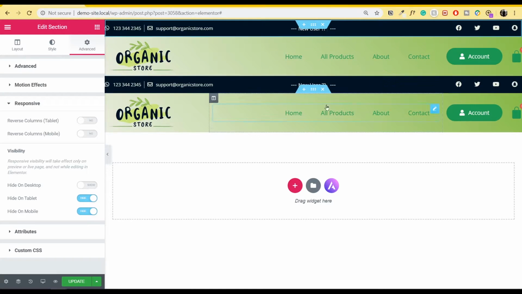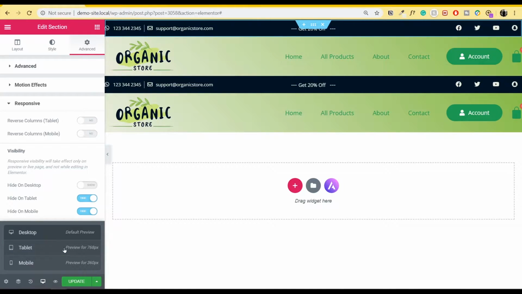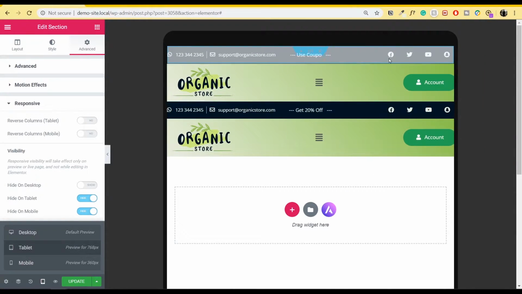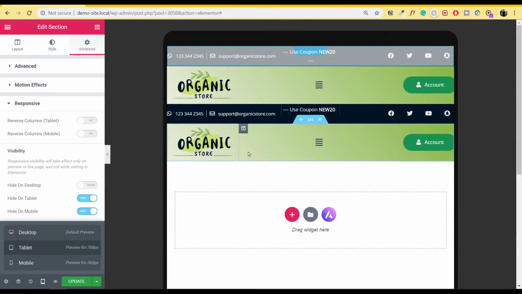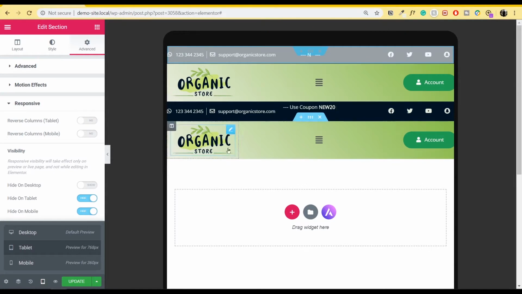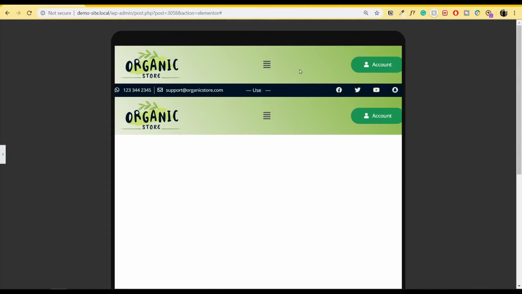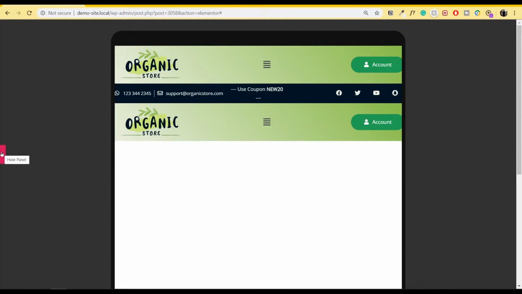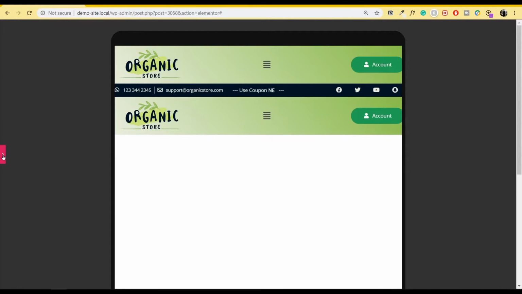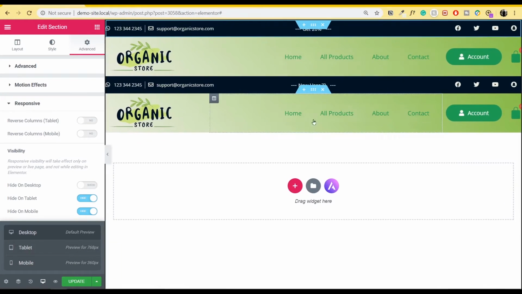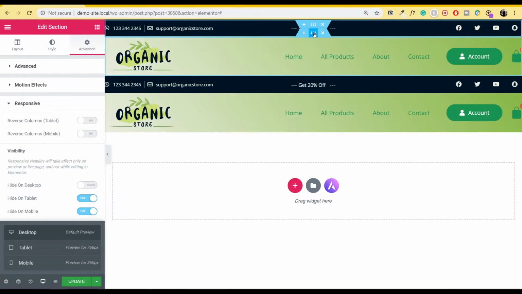In order to see if it actually worked, let's go inside the responsive mode, go inside the tablet mode, and suddenly you'll see this complete icon grayed out. Right now it's visible, but it's grayed out. In order to see the live preview, all I'll do is hide this panel. And now you can see the above header is gone. So it's not visible on my tab view. Let's go back to the desktop view again, and I'll click on the next section.